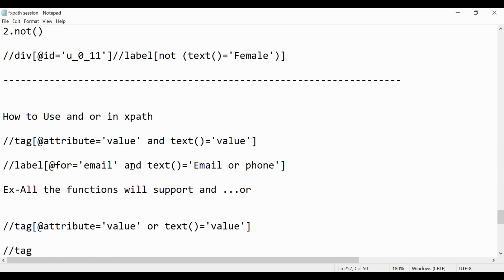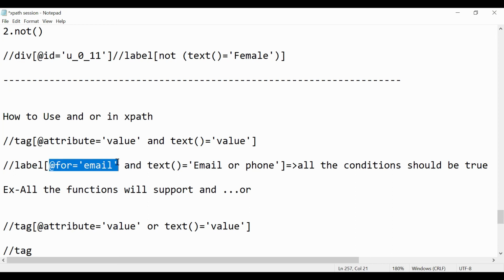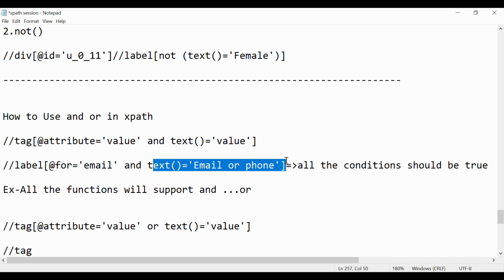So with the AND condition, all the conditions should be true. Otherwise it will not be able to identify, as it is AND. So this condition should be matched and this condition should also be matched. Okay, so this is opposite to the OR.